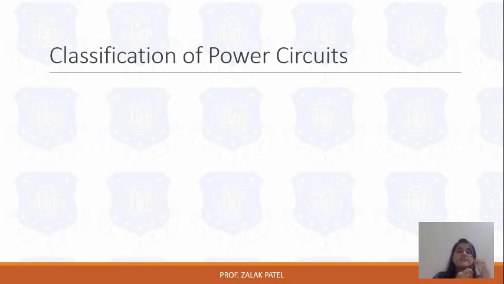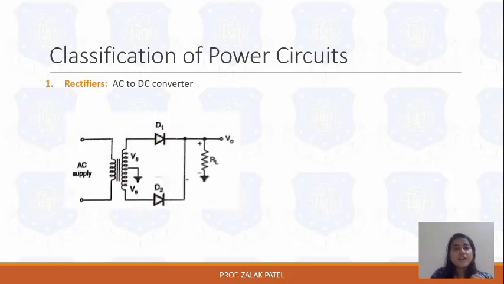So first let's see the quick classification of the various power circuits. The first one is rectifier. Rectifier, we can say that it is one type of AC to DC converter. Now again, rectifier can be of control type and uncontrolled type, but we will see about this in unit number 2 in detail. This is one introductory classification of power circuits, in which